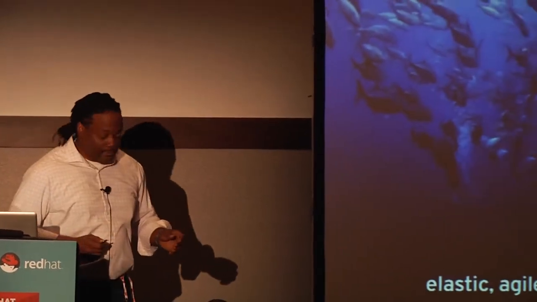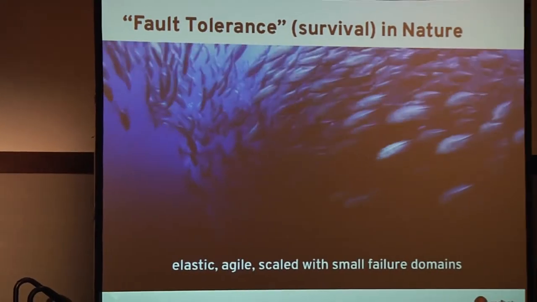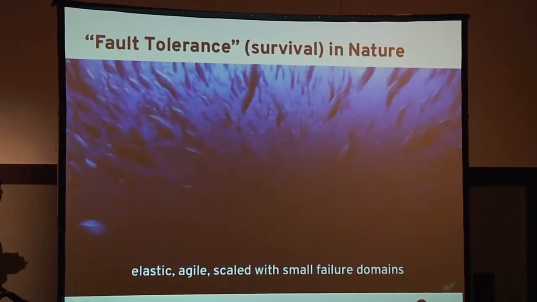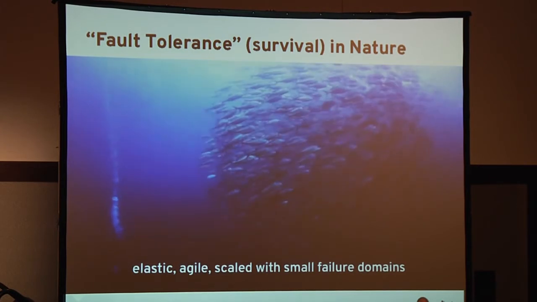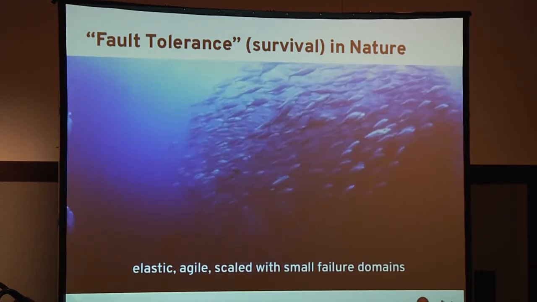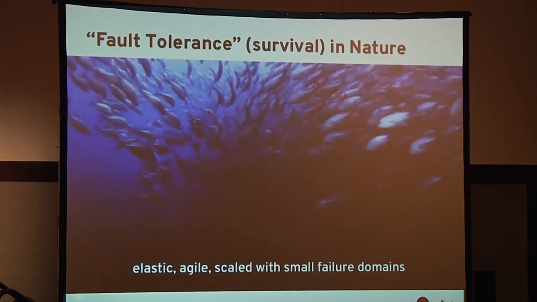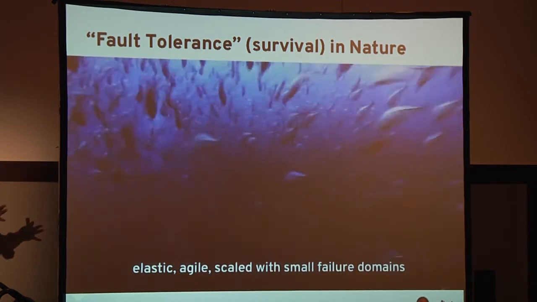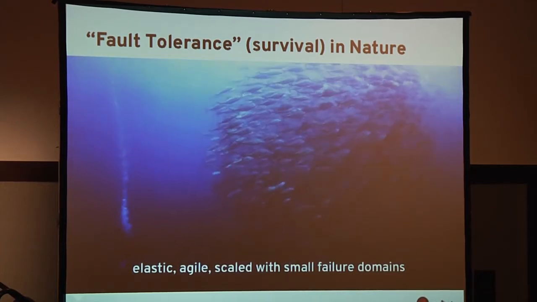So knowing that, I'm going to change the pets versus cattle analogy to something brand new here. I'm going to give you an example of elastic agility with scaled and small failure domains. So here's a school of fish. To me, this shows elasticity and agility. So check out the reaction times of the fish. Back to the big two problems, like a huge number of requests come in, how are you going to react to that? Your application should have that intelligence and be able to react to that pretty fast.